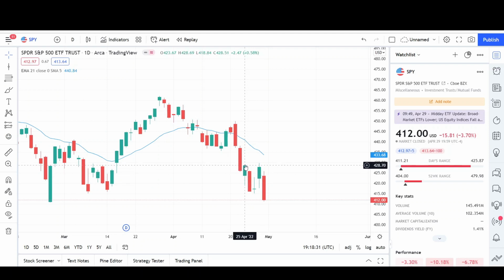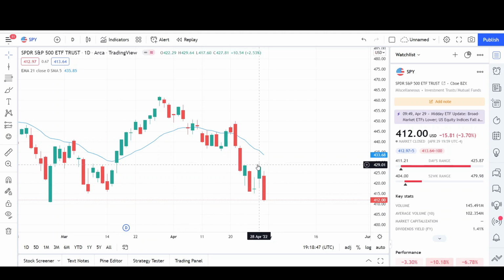Tuesday, you can see that we gapped down. We trended all the way down to the lows and closed on this low. So that was a bearish day. Wednesday was kind of like an indecision day. We just went sideways. And then Thursday, we rallied up